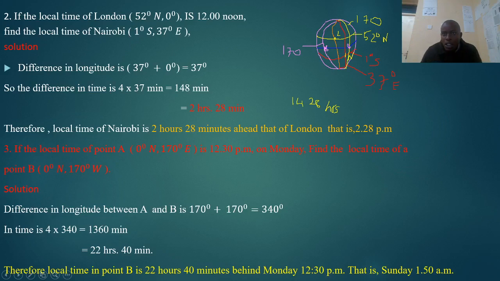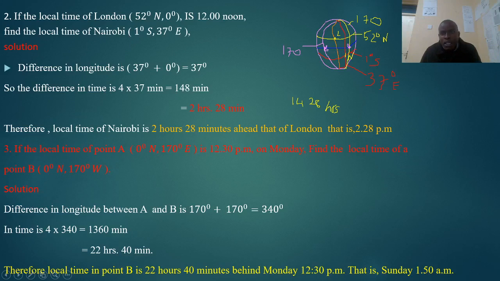Remember, this point is to the west of the one that is 170 degrees east. Point B is to the west of A. This is point A, and our other point is west, and this one is east. If the local time of A is 12:30 p.m. on Monday,